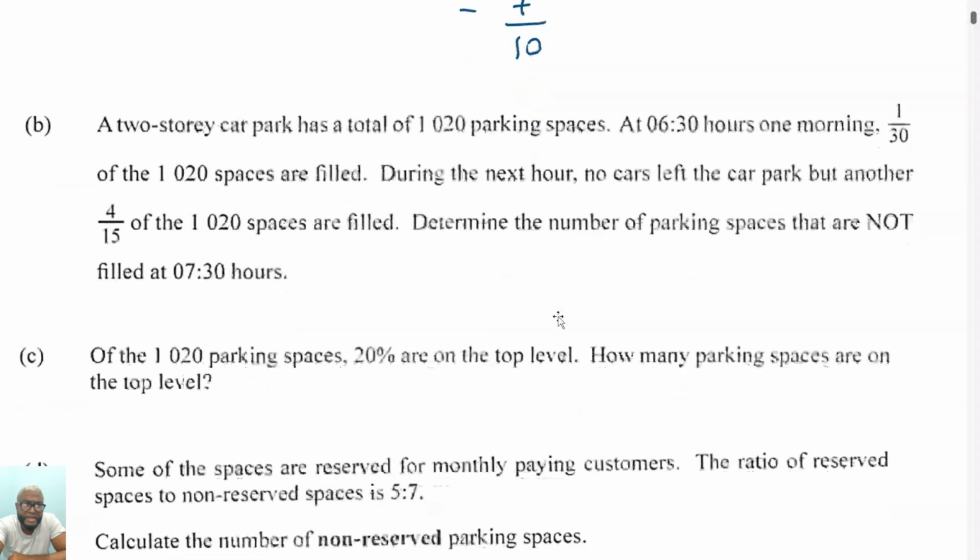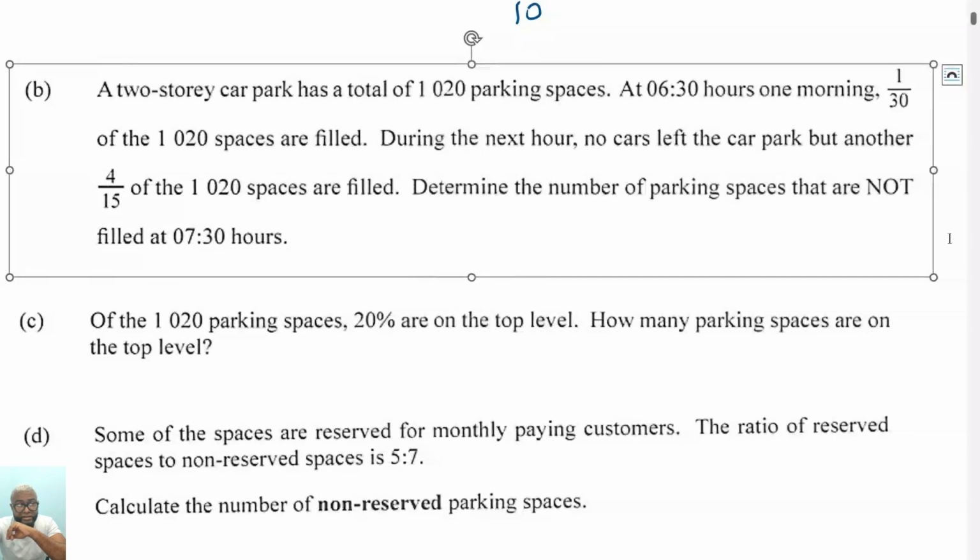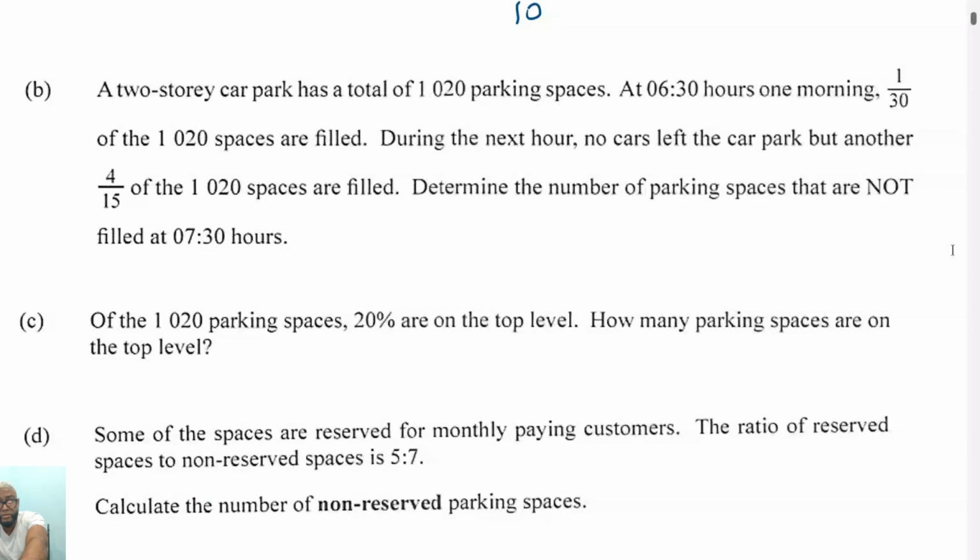Right, so let me work. B, a 2-story car park has a total of 1,020 parking spaces. At 0630 hours one morning, 1/30th of the 1,020 spaces are filled. During the next hour, no cars left the car park, but another 4/15 of the 1,020 spaces are filled. Determine the number of parking spaces that are not filled at